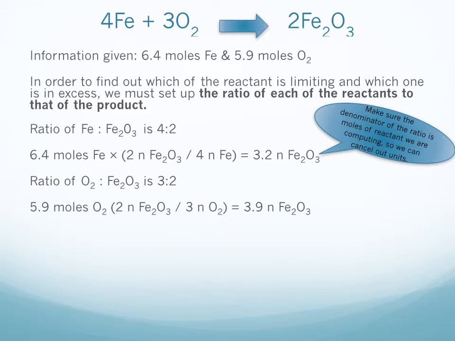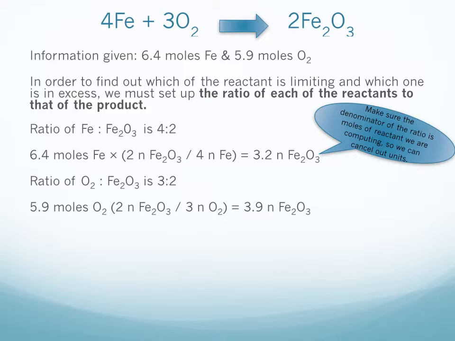Similarly, for oxide to iron oxide the ratio is 3:2. So for every 3 moles of oxide we produce 2 moles of iron oxide. And then we do the calculations. So to find out how much of iron oxide we are going to produce when we use 6.4 moles of iron, we set up the equation: